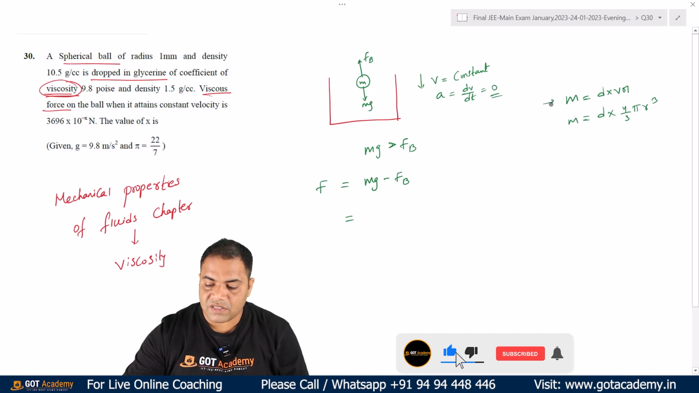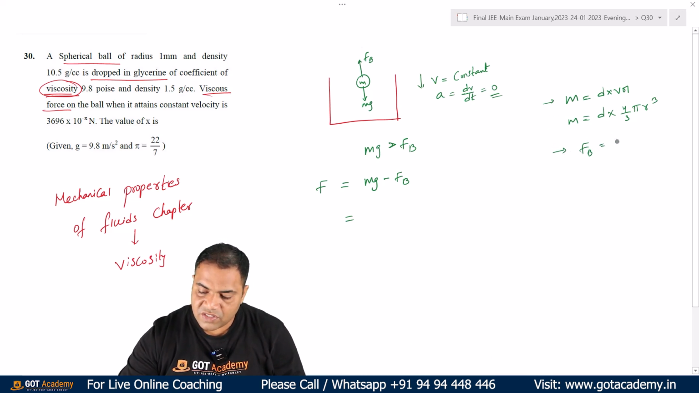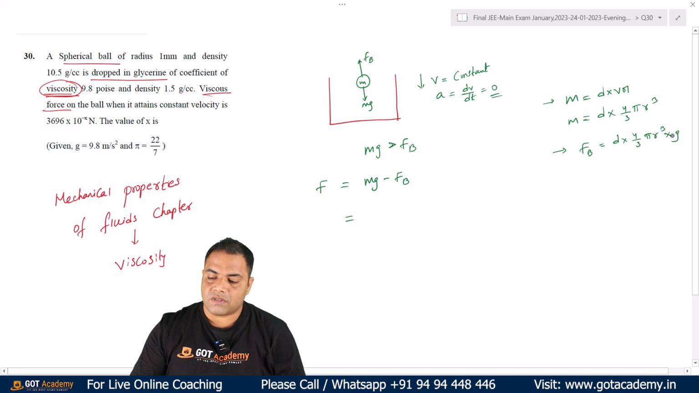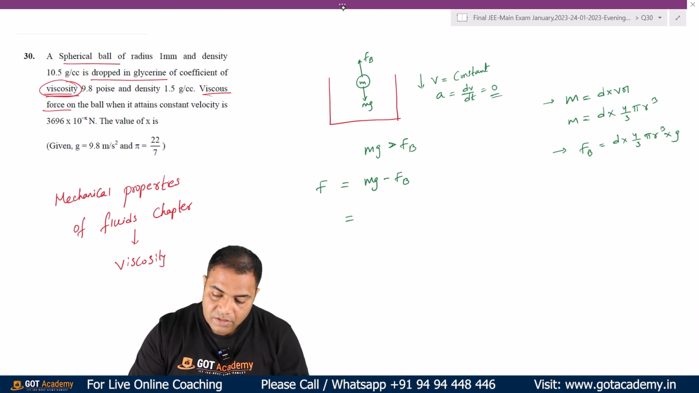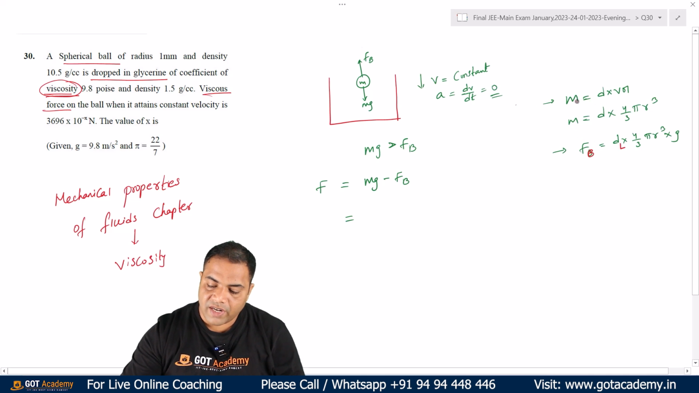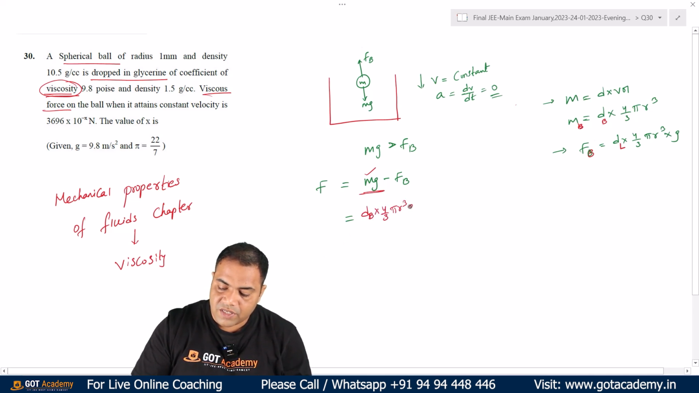Whereas coming to the buoyancy force, it is also m into g only. We could also express it in terms of density into volume, that is mass into g. The problem is that the buoyancy force is for the liquid, so this is the density of liquid. And whatever mass you are taking here is for the body, so this is the density of body. Be careful. So for this, I write density of body into 4/3 pi r cube into g